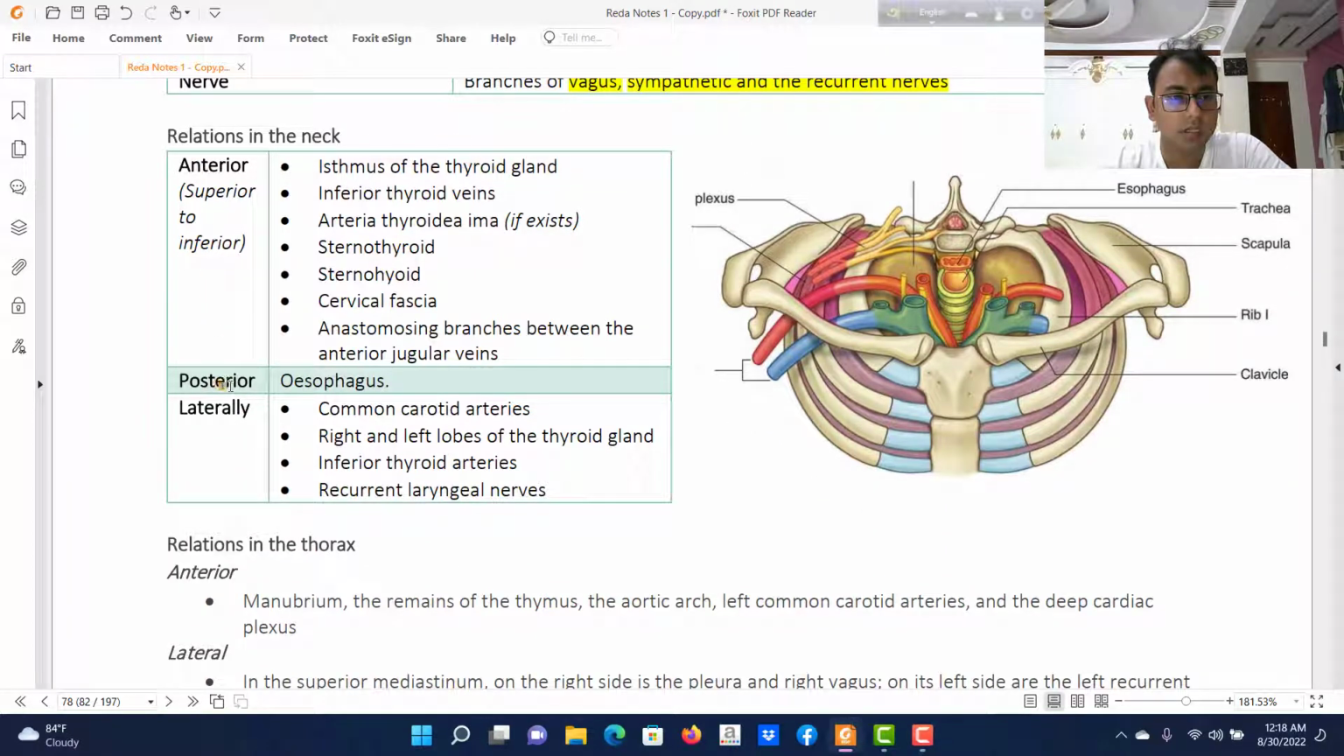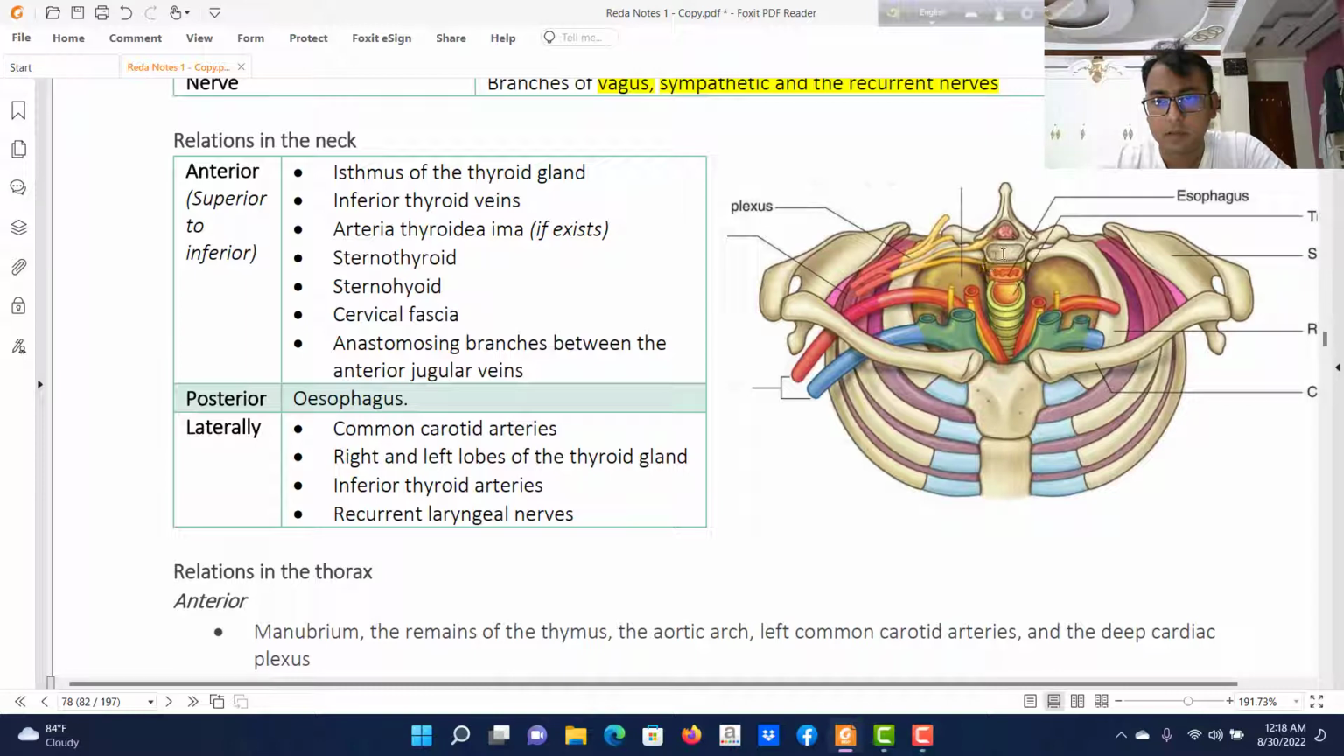Anterior relation, posterior and lateral relation. Here if you see, this is the trachea, the ring-like structure. So what are the structures lateral to it, anterior and posterior? Anterior, from above downwards, that is superior to inferior: the isthmus of the thyroid gland, inferior thyroid veins, the thyroid ima artery, which is occasional, not always, and more superficially sternothyroid, sternohyoid, cervical fascia, and anastomosing branches between the anterior jugular veins. So let's remember it. Anterior to the neck: isthmus, inferior thyroid vein, thyroid ima artery if it exists, sternothyroid, sternohyoid, cervical fascia, and anastomosis between